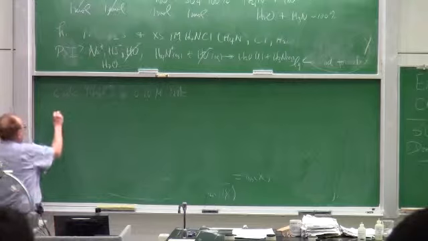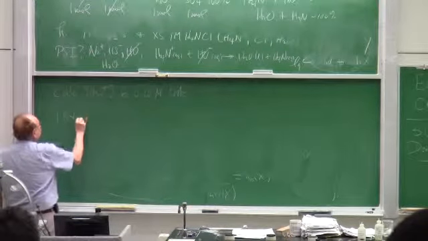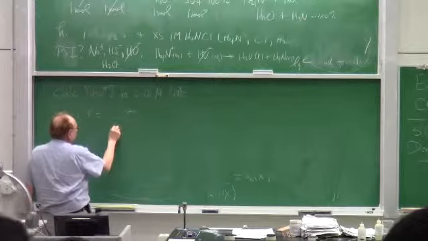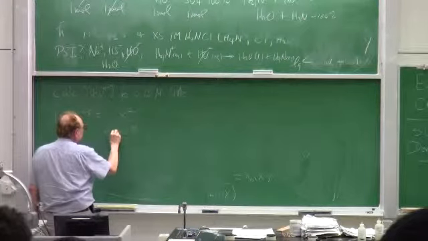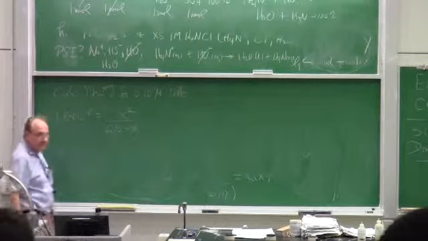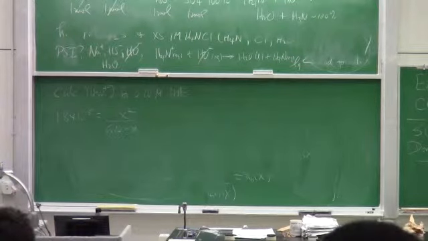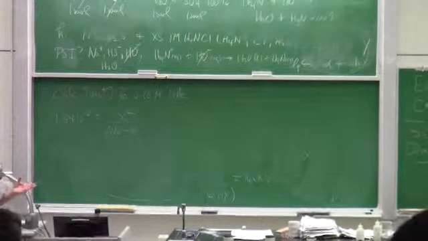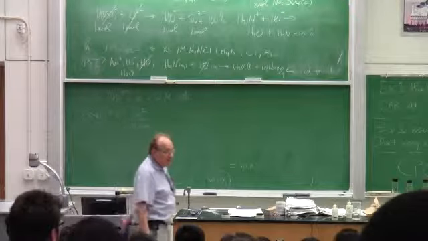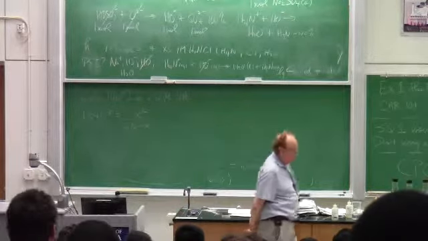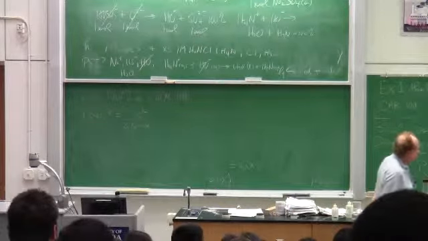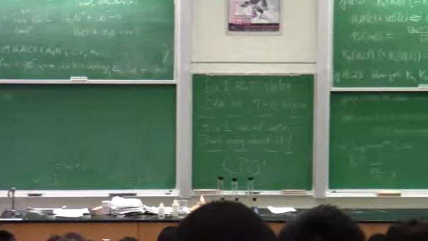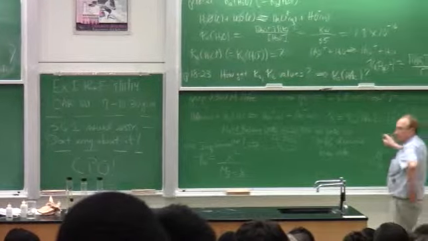Well, we got 1.8 times 10 to the minus 5, and we got x squared over 0.10 minus x, where x in this case represents the hydronium ion molarity as well as the acetate ion molarity for the 0.10 molar, 2 sig figs, acetic acid solution. Now before we do this arithmetic, I want to go back to this solution,